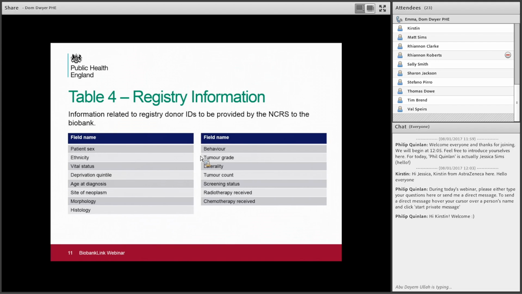Okay, thank you. We've had one more question. How would data be returned to a biobank if they don't have an N3 network? The N3 network isn't needed. It's on the